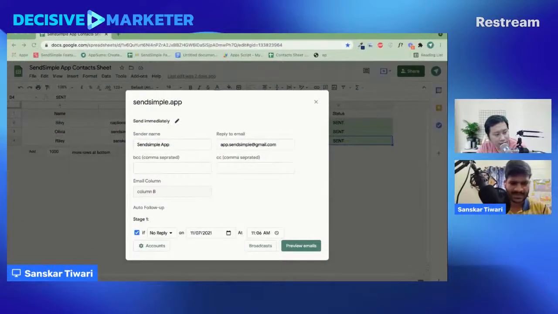Sure. All right, so there we go. Sanskar, I'll leave you to share about SendSimple with our community, and I will jump back in if there are any questions that I want to bring up as well. I'll hand it over to you, Sanskar. You are the star of the show today.